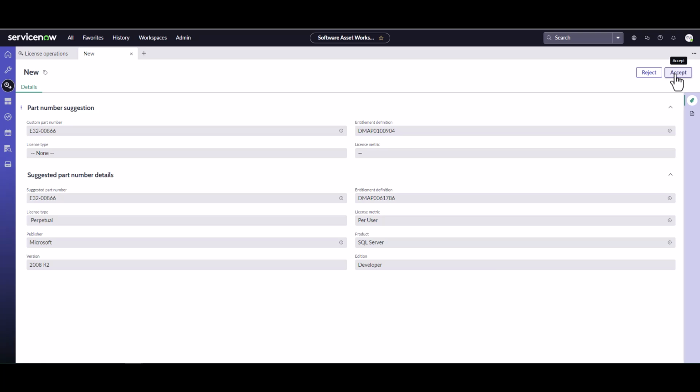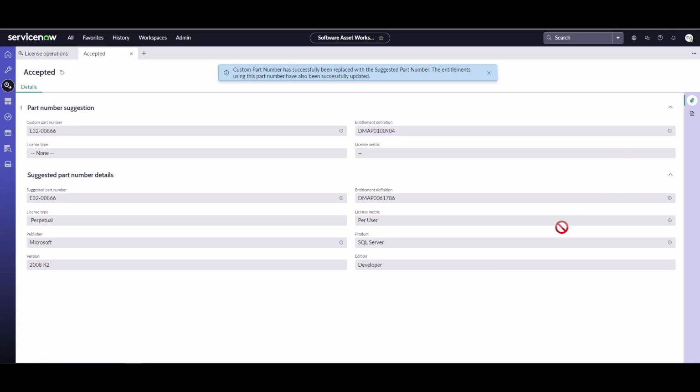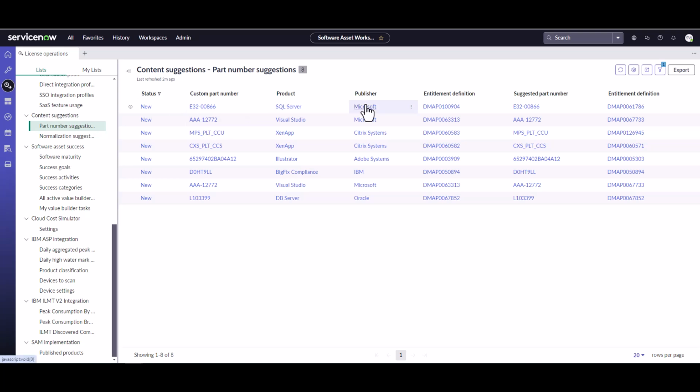So in this case, I'm going to go ahead and accept this, and that's going to update my system to the right values so that when I'm using this part number with my entitlements, it's going to be associated to the right DMAP with the right license type, etc. So that's how you resolve the